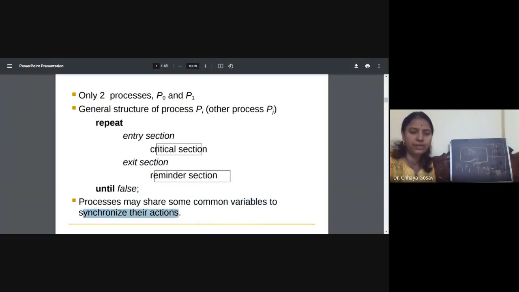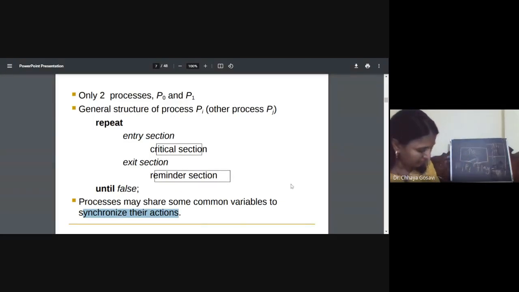Suppose that common variable is flag. 0 means the door is open, 1 means the door is closed. Of the two processes, the one which arrives first will check that the door is open, enter, and change the value of the flag. And when it completes its task, it will come out and change the value to 0. So P1 can enter.